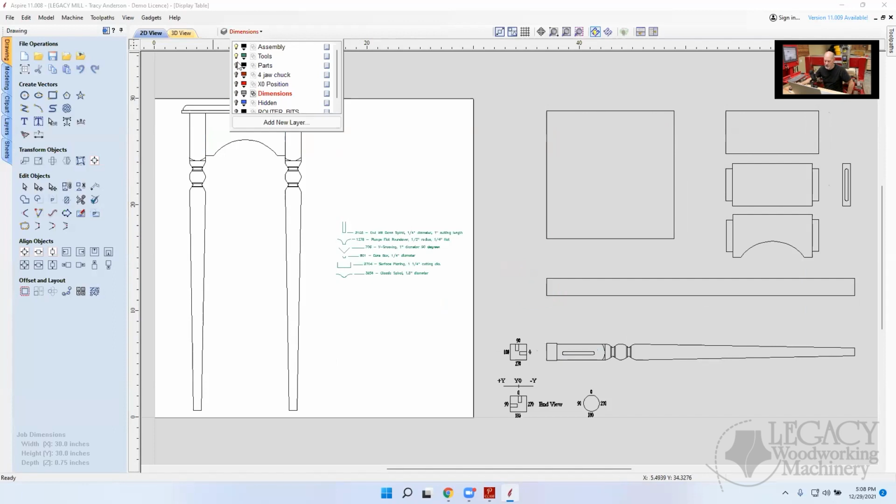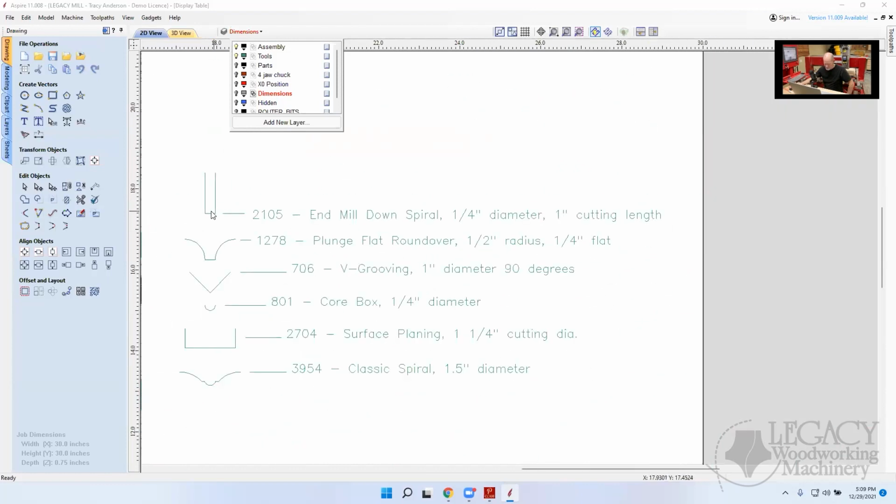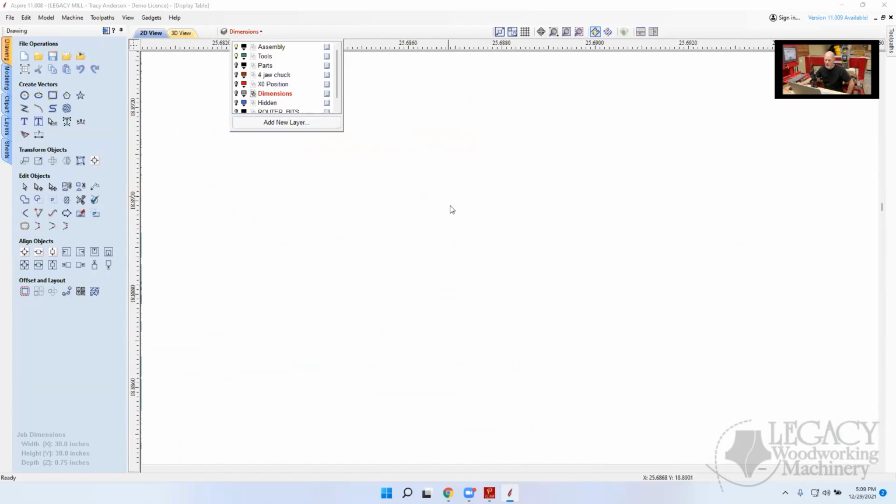So you can download this file and have everything. So my very first layer, I put everything in different layers, is the assembly that we drew up last week. Okay, I also added the tools. And so this has, let me just zoom in on this, has the end mill, has the roundover for treatment on the tabletop, the V groove for the lamb's tongue, has a 1/4-inch core bit for the flutes, has the surface planing to machine it square and round, and also the classic spiral that we use on the leg. Okay, so those are all of our